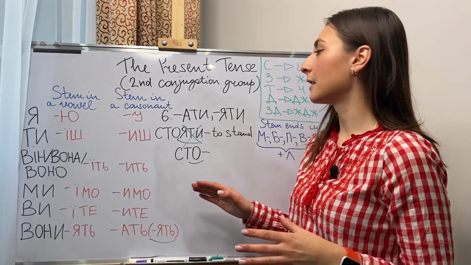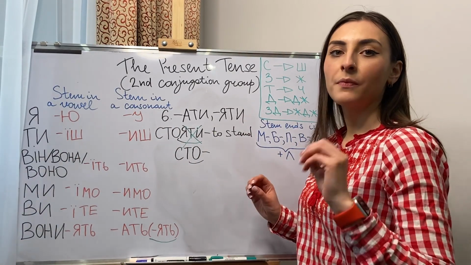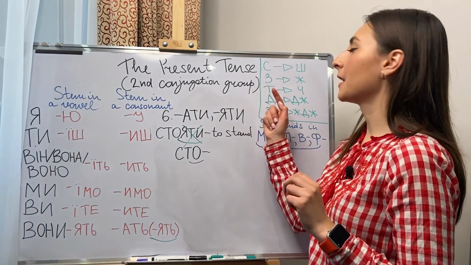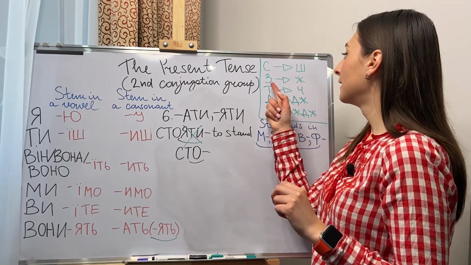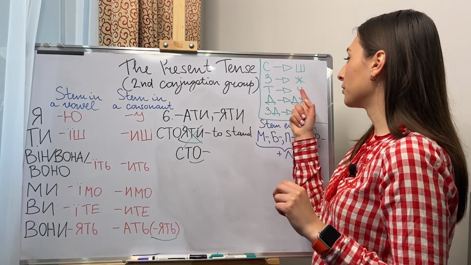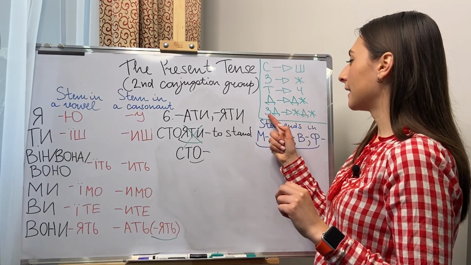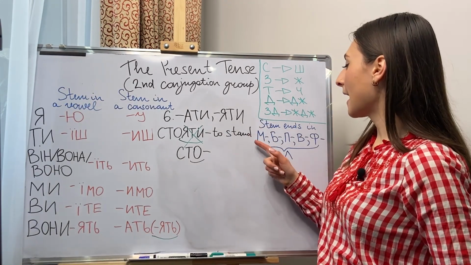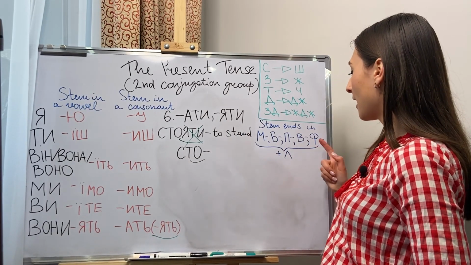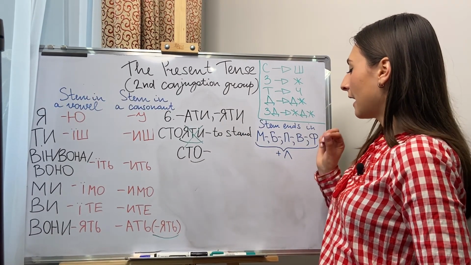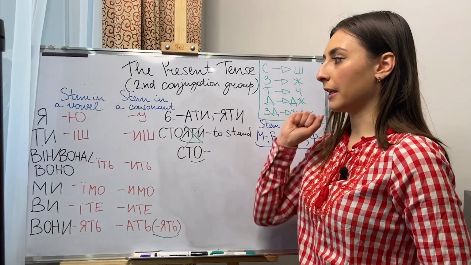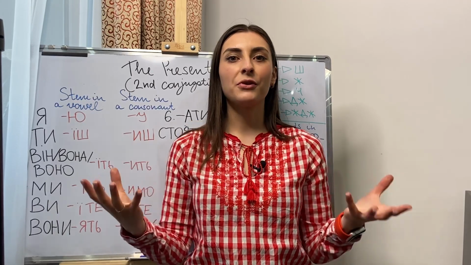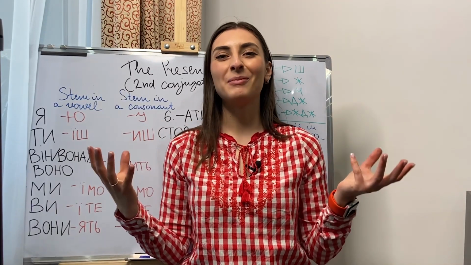Also pay attention that when a stem ends in such consonants as с, then you change it into ш, з into ж, т into ч, д, дж, and so on. Then when a stem ends in м, б, п, в, ф, you have to add л and then a specific ending. So I hope this video was very useful for you, and now you know the difference between the first